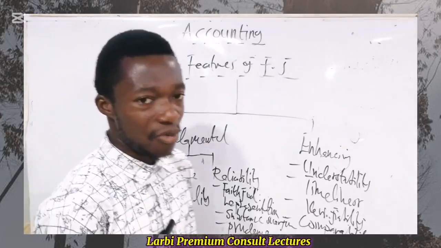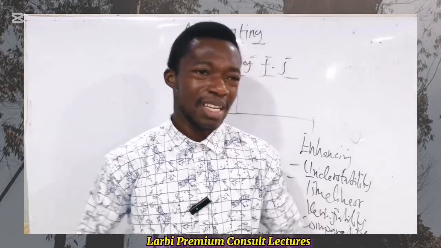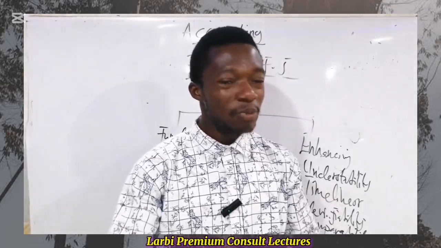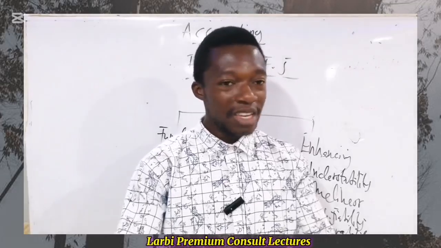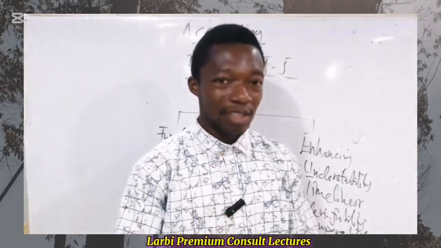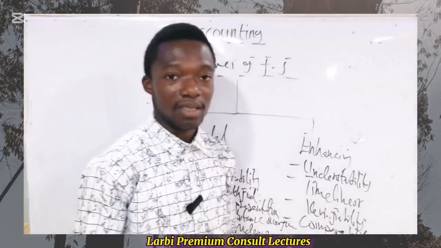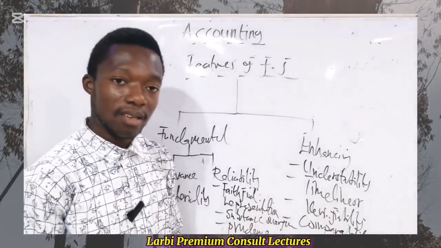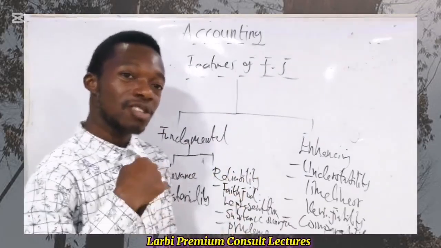For instance, the decision of your parent concerning your education can be relevant, right? Even though you may have your own decision, let's say you want to read this particular course, your parents will say, hey, I'm the one that's going to pay your school fees. I'm the one going to buy the textbook, pay your accommodation fee, your feeding fee here and there. So go and do this course. So here, your parents' decision is key, it's relevant. It can influence the decision you're going to make at the end of the day. That determines the nature of the financial statement having information that is relevant.